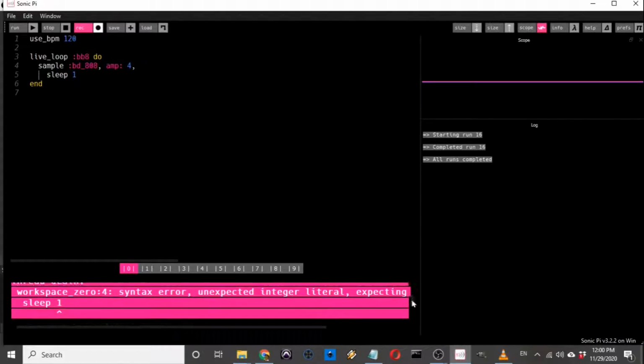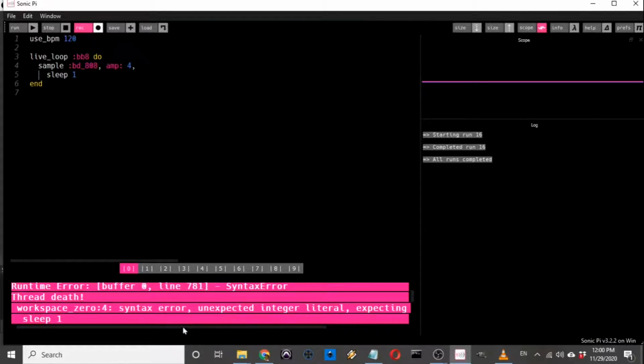And the way it lists the syntax error, if you look at it, does it say which line? It usually tells you which line is there. Line 781. Jeez, I don't know where that comes from. So anyway, even if it's trying to tell you where the syntax error is, it's sometimes very hard to see. So this is another thing you're going to be very frustrated with.